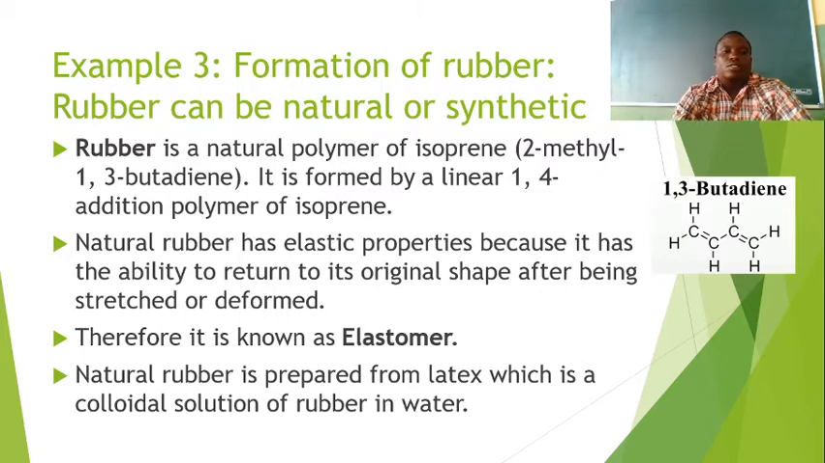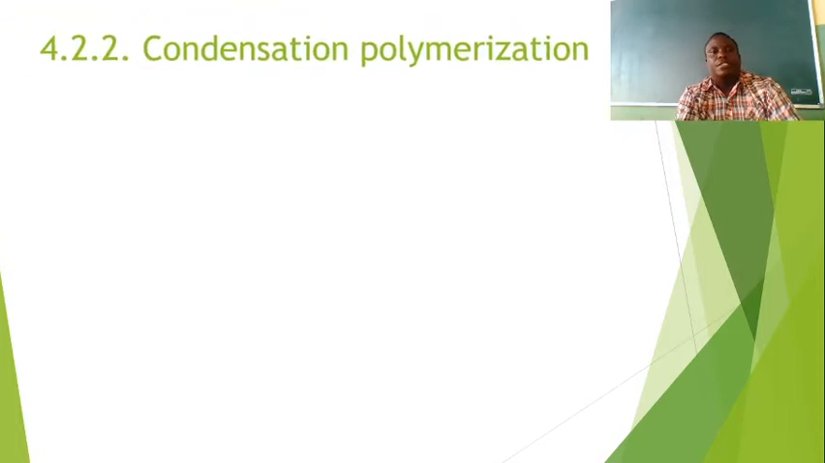So, natural rubber is prepared from latex, which is a colloidal solution of rubber in water. You see, that is what I can say. That is the information that I can give you about that. So, let us move on